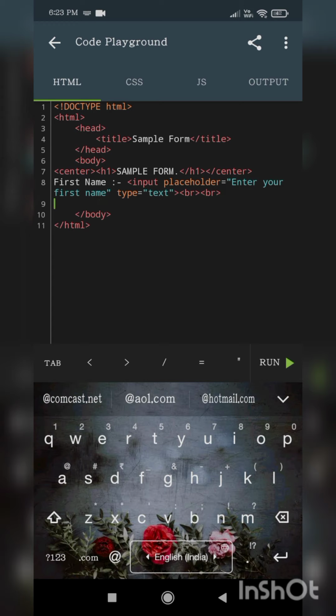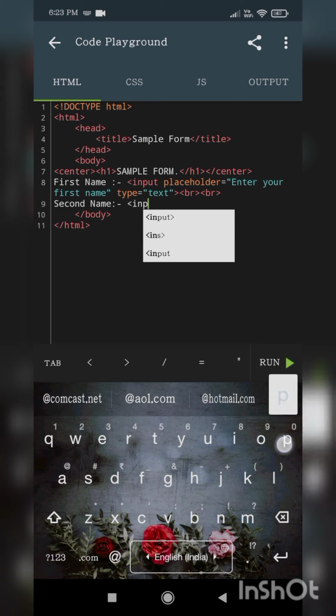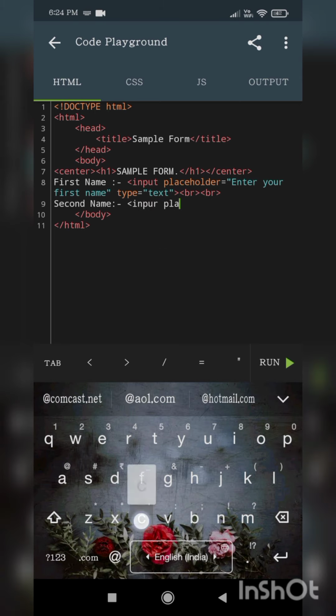After the first name you will have the second name, and again use the input tag, placeholder. This placeholder attribute indicates what to enter. Enter your second name.